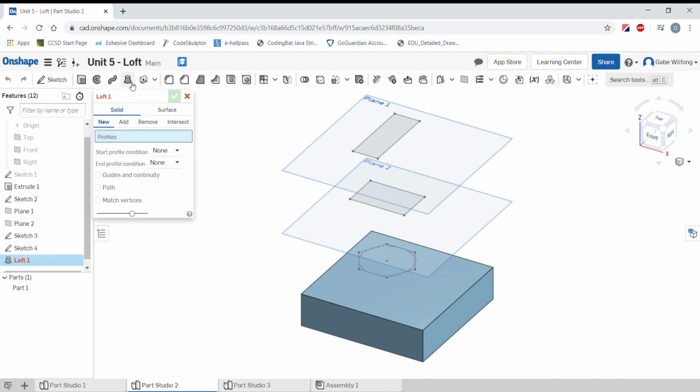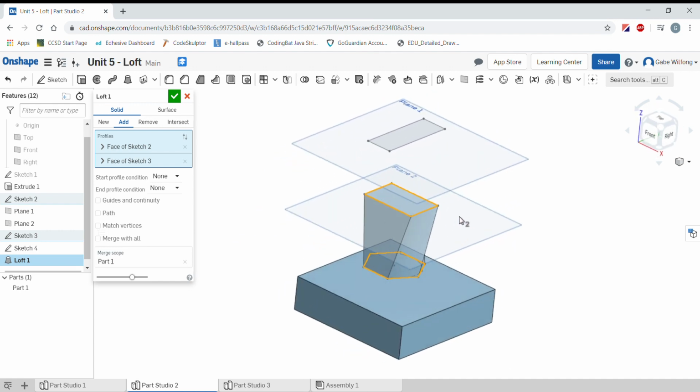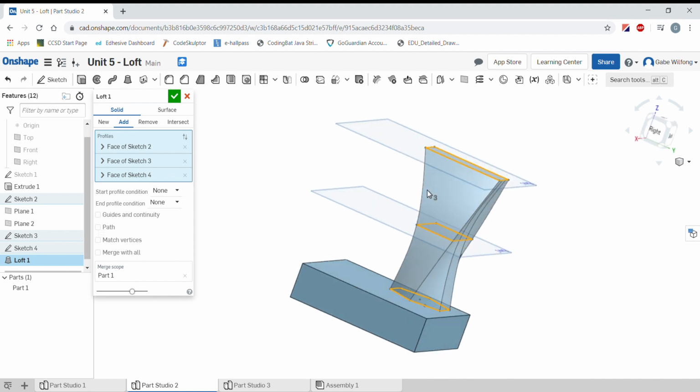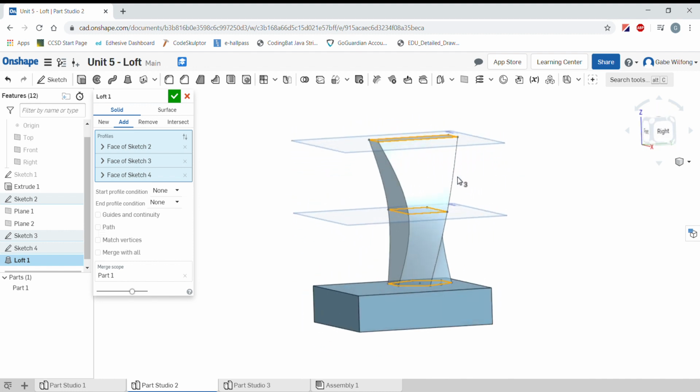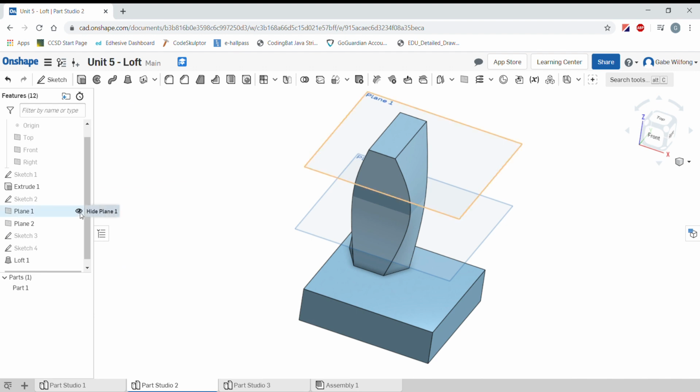So picking the loft command, I'll pick my first sketch. Now I'll pick the middle sketch profile. You can see the preview that's happening. And then finally, I'll click the last sketch profile. And Onshape does its best to blend everything together. So you can press the check, and I'll go ahead and hide the 2 planes so we can have a